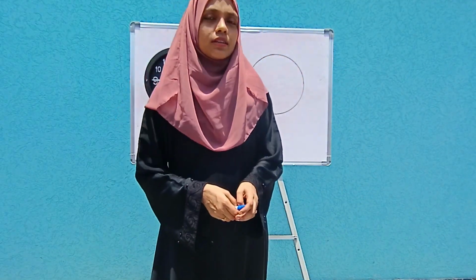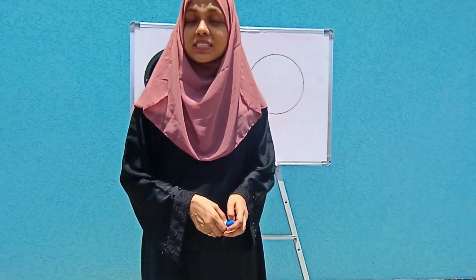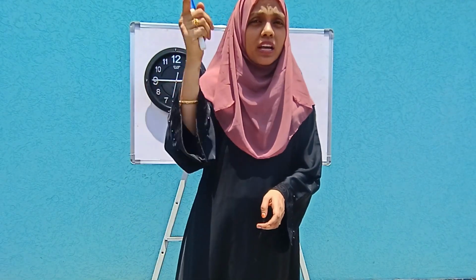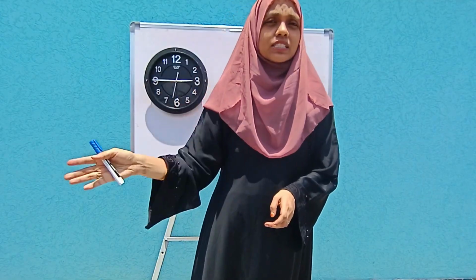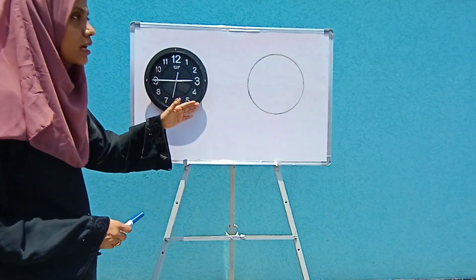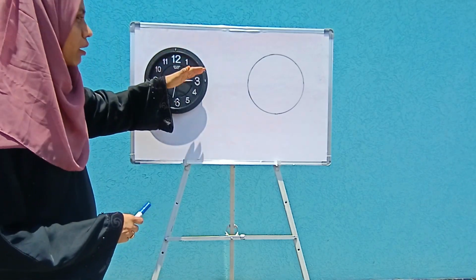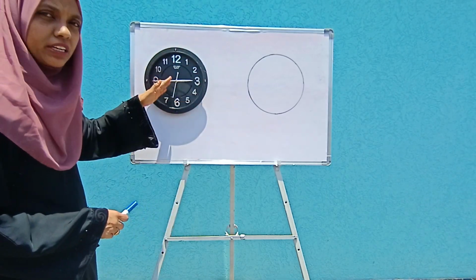What's the definition of the circle? The simple definition which we learned in our earlier grades is that a circle is a round figure. It's a well-rounded figure, isn't it? Now let's dive deep into the definition. So what's the circle? A circle is a round-shaped figure where the points on the boundary have equal distance from the